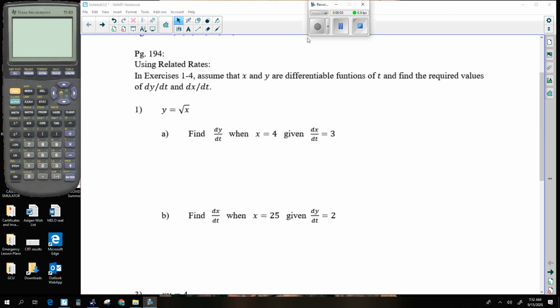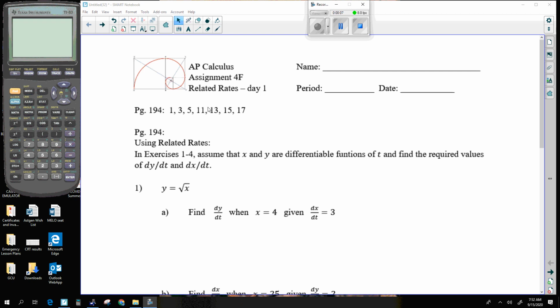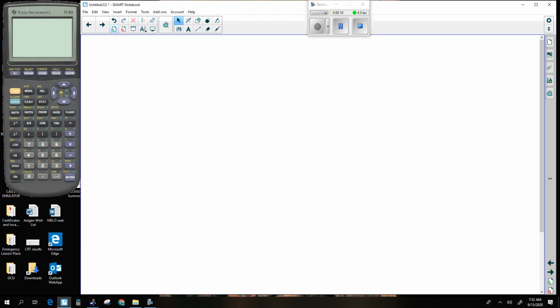All right, here we go. We are on assignment. Oh, sorry, scroll up here. Assignment 4F today, and this is going to be the concept of related rates. Related rates. So before we get going here,